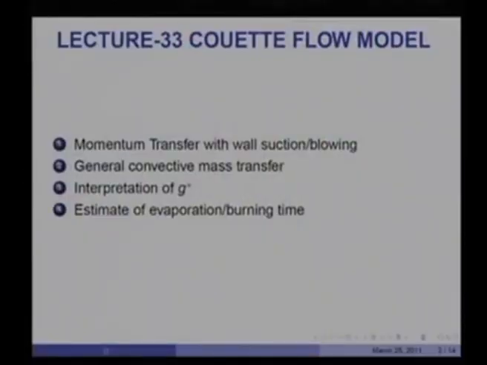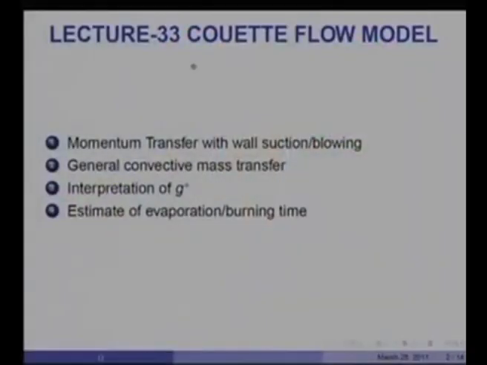So, we shall apply the Couette flow model to mass transfer with wall suction and blowing. This is essentially a case of, let us say, air flowing over a surface and air itself is being sucked or blown through the wall, which would be the simple case of suction and blowing that we considered even with similarity